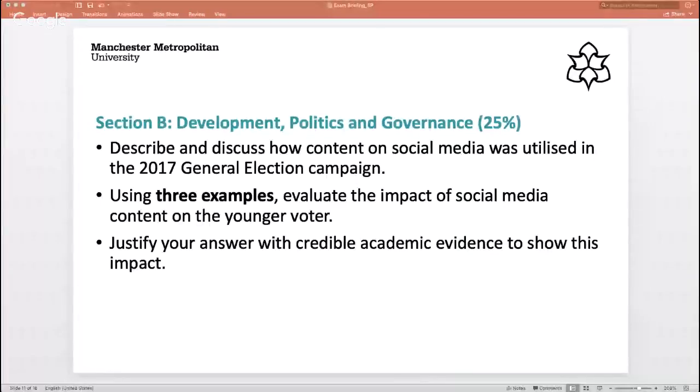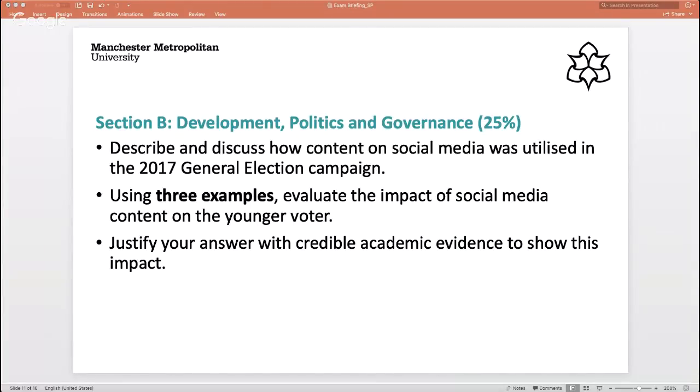Without even having the lecture, you'll be able to look at that data and actually work out what the different parties did on the internet for this campaign. And what you are going to have to do is come up with 3 examples and evaluate the impact of this social media content on the younger voter. So we're going to ask you to define what a younger voter is, find a reference, and discuss 3 pieces of content and how they have impacted the younger